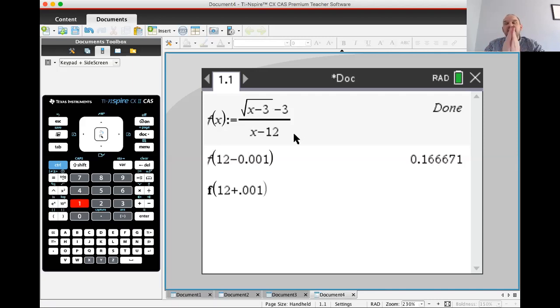This is how we can numerically estimate a limit. Just get incredibly close to the value. I get 0.1666, I don't know, 4 sixes and a 2. That's really close. So I'm going to say in my notes that the range of possible values for the limit, L, and I'll show the notes in a second, is in between